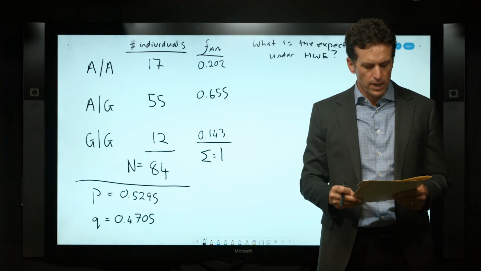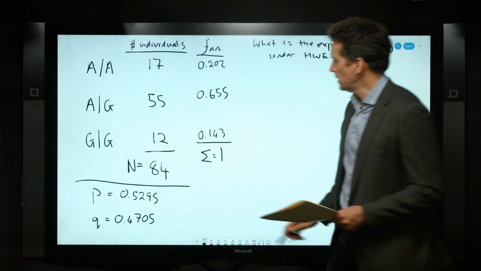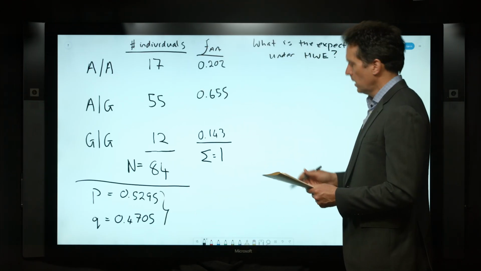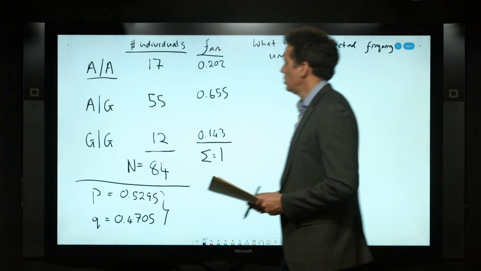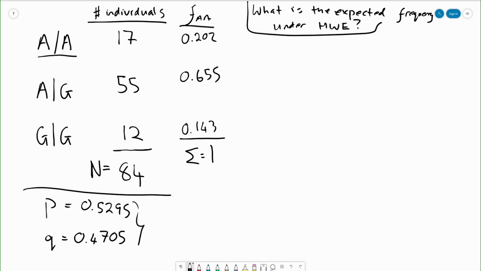Of course you remember the formula for Hardy-Weinberg equilibrium, P squared plus 2PQ plus Q squared equals 1. And so now let's compute the expected genotype frequencies given these allele frequencies right here. For the big A genotype, what do we expect? We expect to see that genotype with a frequency equal to P squared, which is equal to